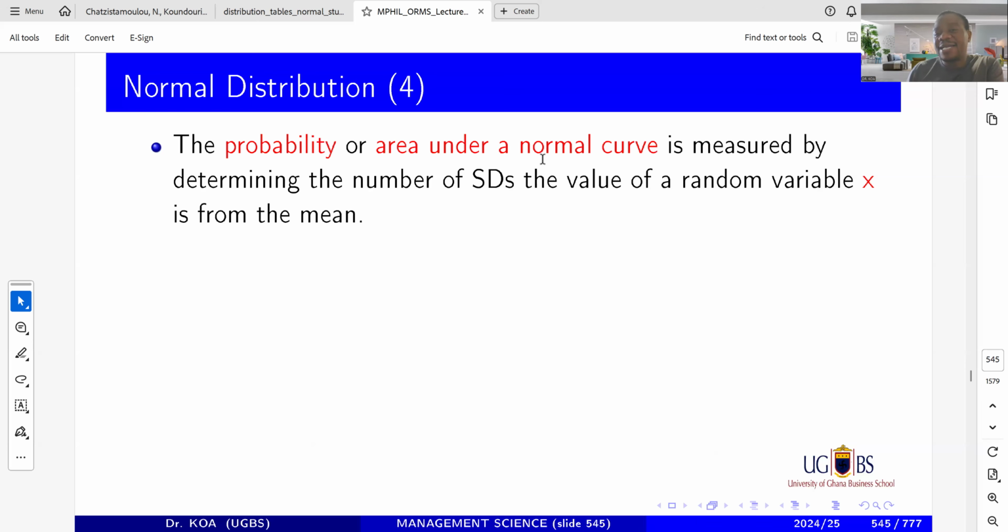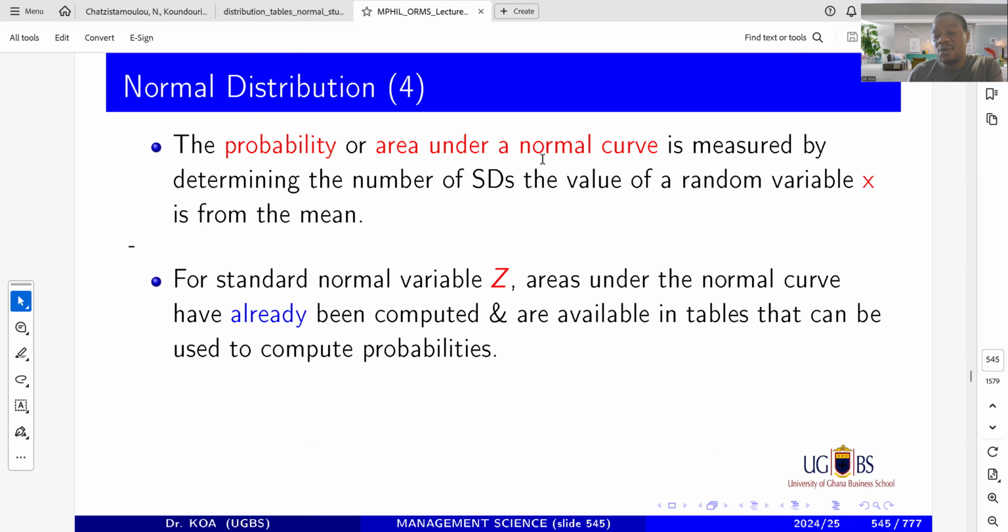The area under the normal curve, we've already said that it's called a probability. But you see, that area under the normal curve is not easy to determine. It's not like a box. It's not like a square where you can use length times breadth. No. It's not like a triangle where you can use half base times height. No. Please look at the area. It's a very, very complex sort of area here. Look at that. How do you find a portion?